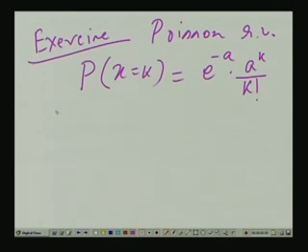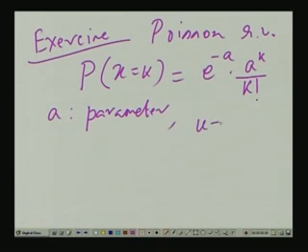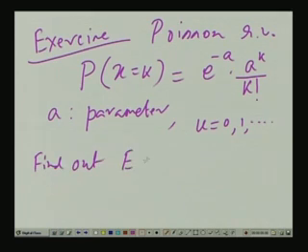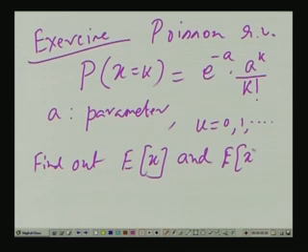A is a parameter. And k can be 0, 1, and so on. For this, find out